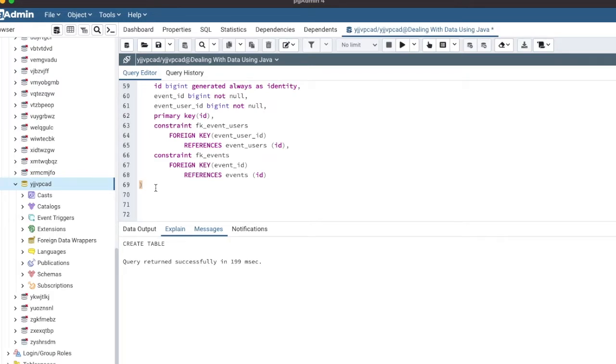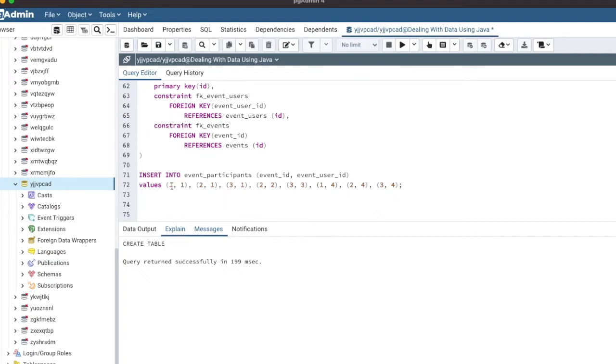So we have so far events, event users, and event participants tables. And we also already populated the event users table and event participant, not event participant, not yet. Event user table and events table. Now we're going to go ahead and populate the event participant table. For that, I have this insert here that I'm going to run. Very easy. Come up here, boom. And all these numbers might not probably make sense to you guys. So I'm going to show you what all this means. Select from